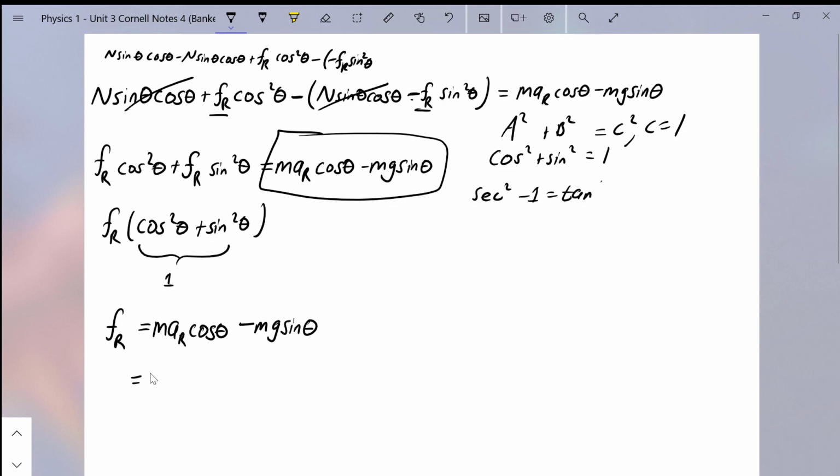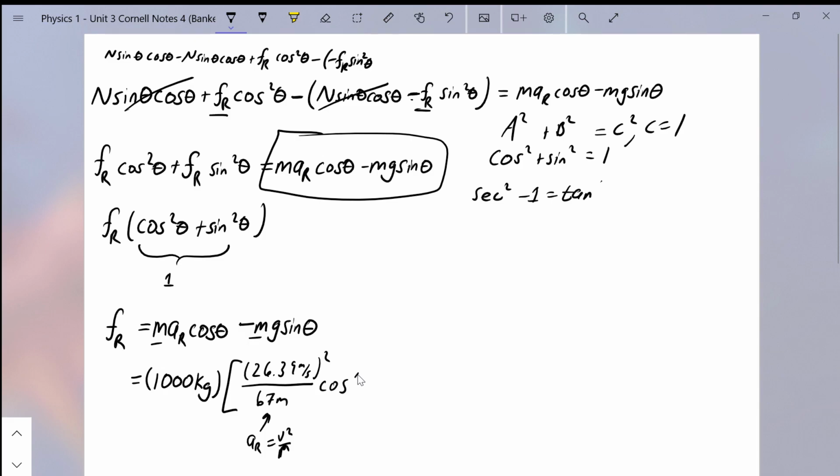I can factor out a common mass, and I'm just going to go ahead and start plugging stuff in. So my 1,000 kilogram mass times, factored out because there's a mass in both terms, times a sub r, which is also v squared over r. A sub r, which is 26.39 meters per second, over r, 67 meters. This is our a sub r term, equal to v squared over r,